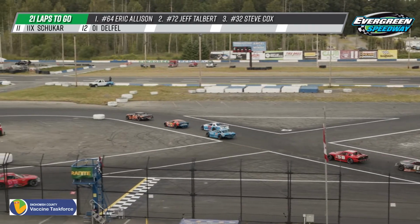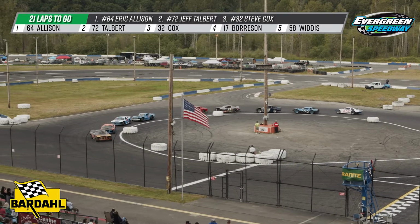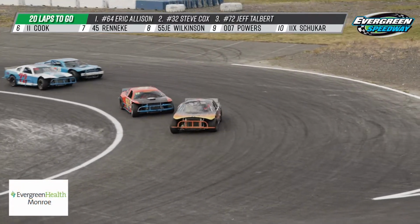Here comes Borison on with him. So, little potential disaster early from Borison. He's rebounded quite nicely and is now threatening for a top three. Yeah, we saw 17 get spun earlier. Now he's back up battling inside the top four as Steve Cox looks, trying to get to the inside of